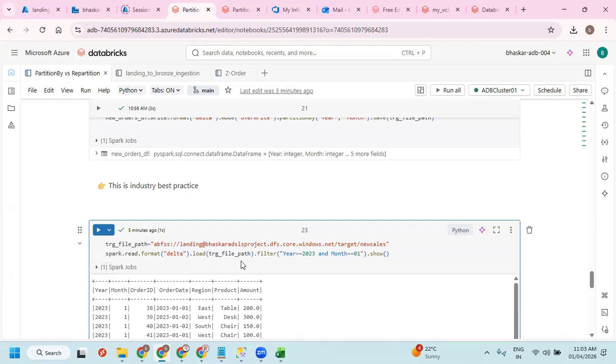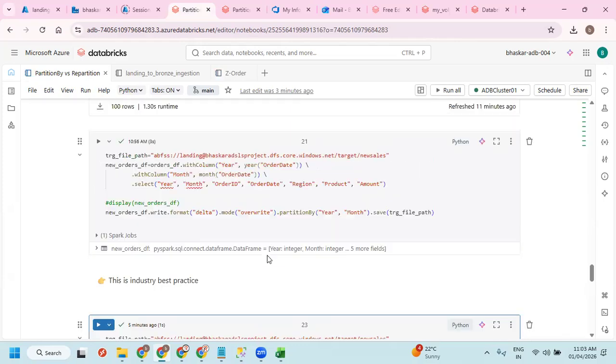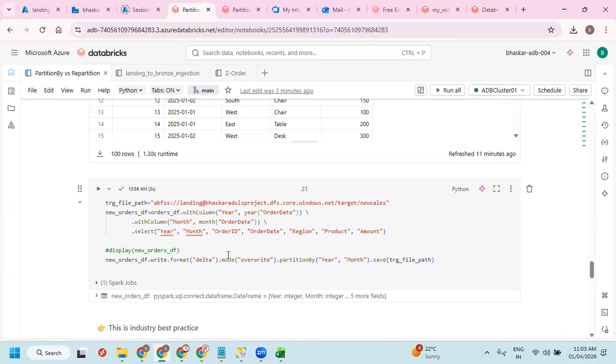The difference between partition by and repartition is that repartition will be used at the time of data processing. If you remember, that is how we can increase or decrease the number of partitions. But partition by will be used at the time of writing, whereas repartition will be used at the time of data processing. So that is the difference between them.